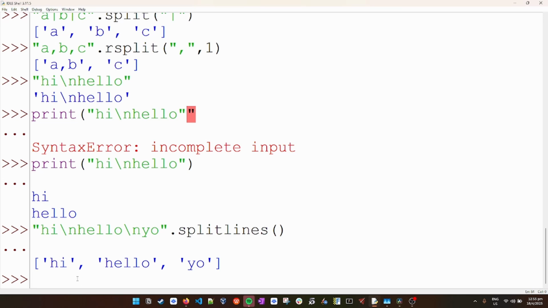So along this kind of line of joining things and separating things, let me show you dot join. It joins an iterable with a string as its operator. So let's say we have